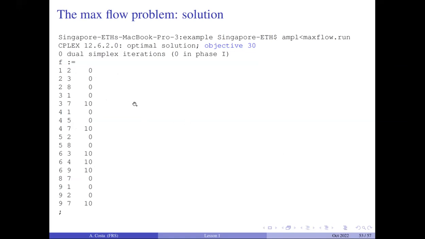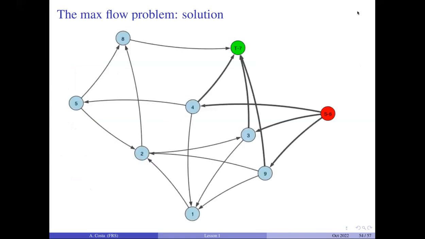Now, if you remember at the beginning of the lecture, I said that it's also important to translate back the solution into the original problem. So let's have a look at the meaning of these numbers. What I did here, I highlighted the arcs where we have 10 units of flow going, and the arcs that are, as before, associated with zero flow in the optimal solution. So what is the meaning of this solution? It means that, remember, in this example, every arc has a capacity of 10 units. Okay, it's just to simplify.